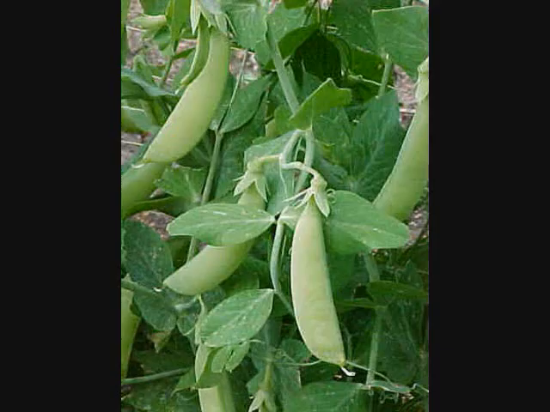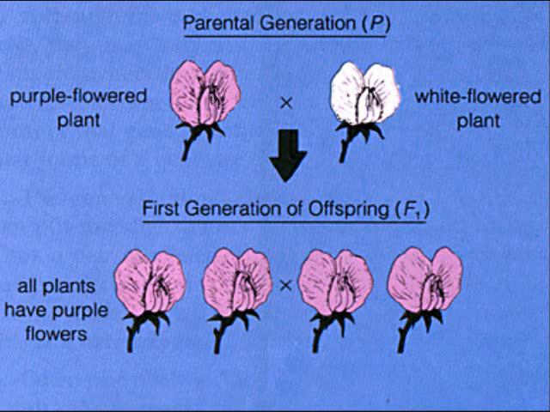He noticed that his peas always came out the same way, so he conducted many experiments to find out why this was. During Mendel's first experiments, he cross-pollinated plants. The meaning of cross-pollination is to take the anthers of one flower and put it onto the stigma of another. Here, he noticed that the plants were purple despite both parents being purple and white.